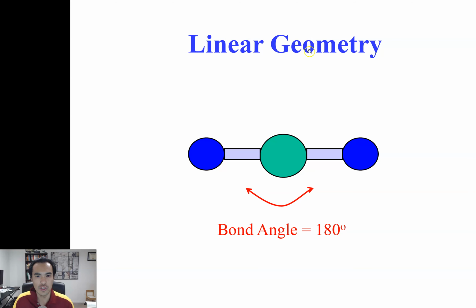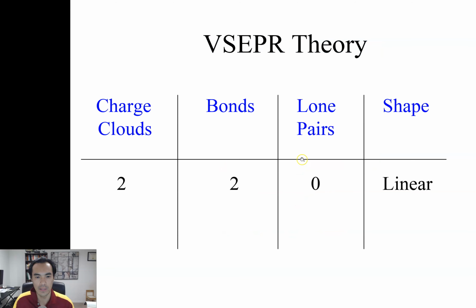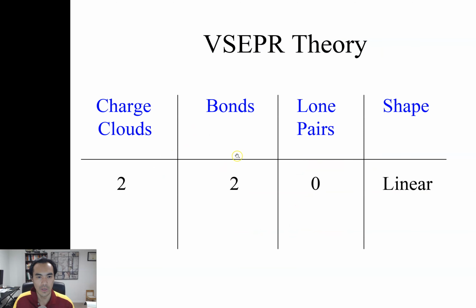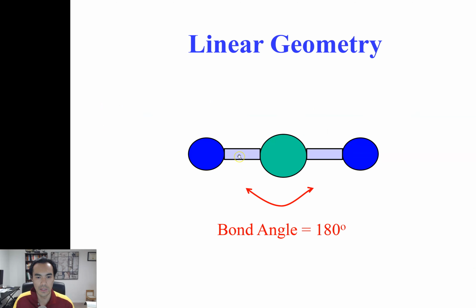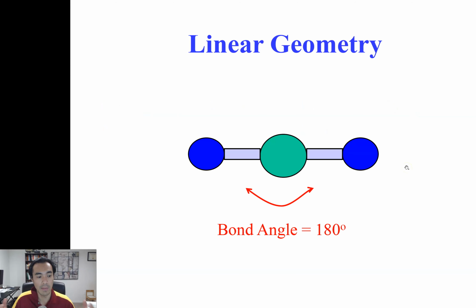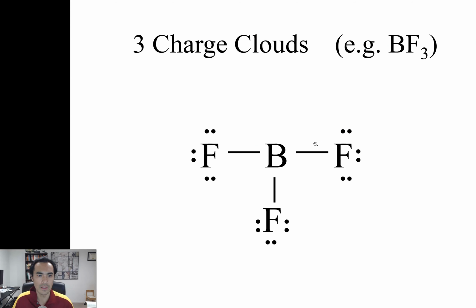Linear geometry has a 180 degree bond angle. If you take a look at the central atom, carbon, there are 2 charged clouds, which are the oxygens here. We go back to the bonds, which are here and here, and we know that we have no lone pairs on the central atom. That's why it's a linear shape. So again, memorize bond angles: 180 degrees from the bottom and 180 degrees from the top, which gives us CO2. Let's talk about BF3, or boron